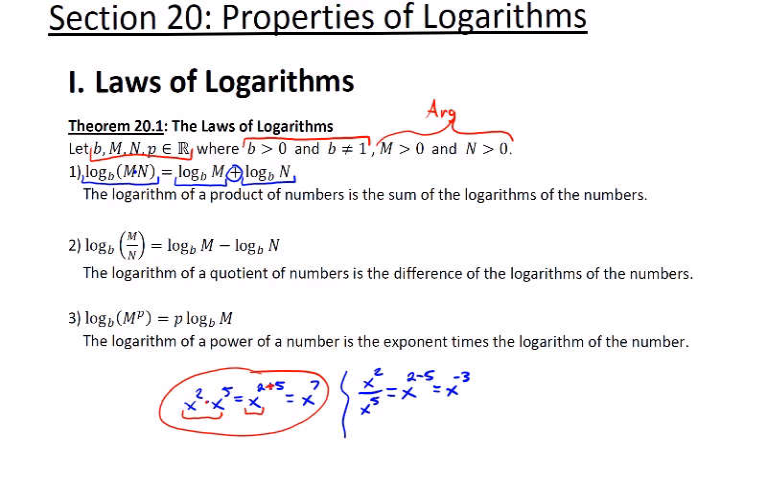Statement 2 is called the quotient rule for logarithms. We have division in the argument of this single log, just one single log with division in the argument. That is equivalent to having 2 logs with the same base, but then we have subtraction in between those 2 logs. And it's important to notice that the numerator ends up being the first argument and the denominator ends up